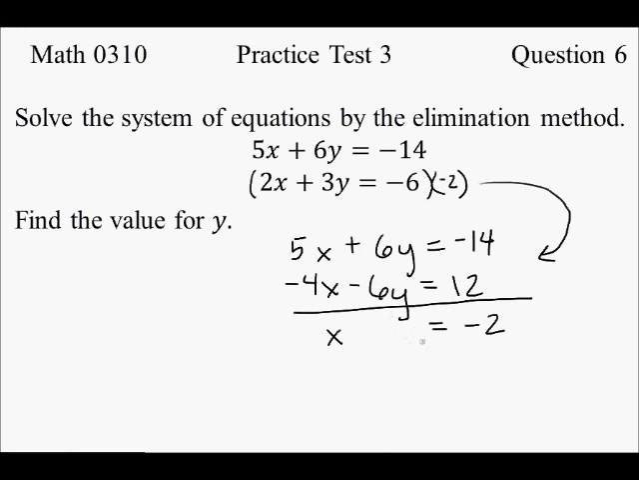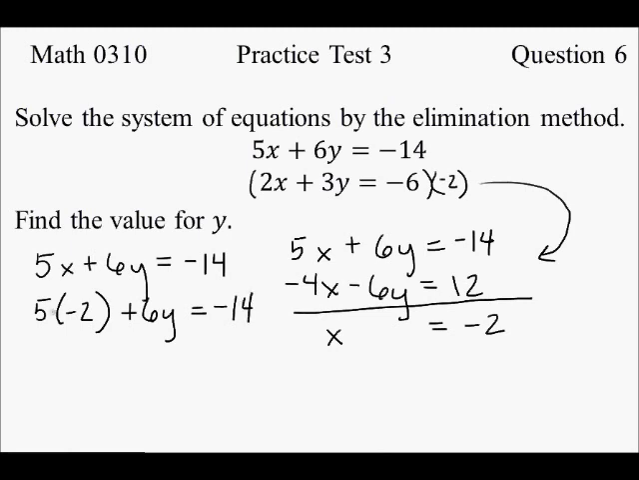And now we want to complete solving, so we need to solve for y. Let's plug it back into, let's say, the first equation here. So using, again, 5x plus 6y. Again, we're using our answer for x to solve for y. So x is negative 2. Using that information, we'll put in negative 2 for x. So we have 5 times negative 2 plus 6y equals negative 14. 5 times negative 2 is negative 10 plus 6y